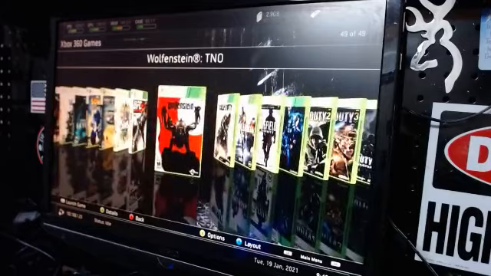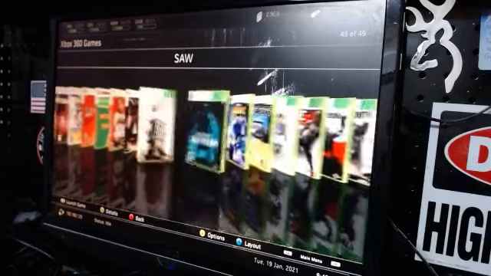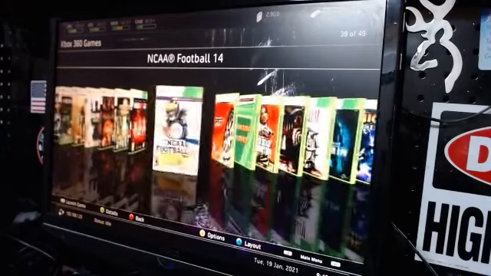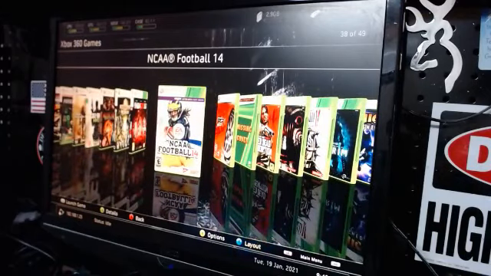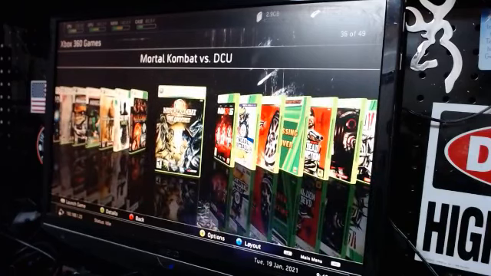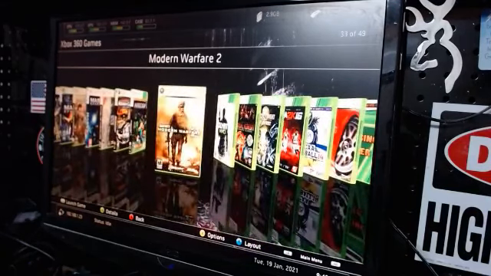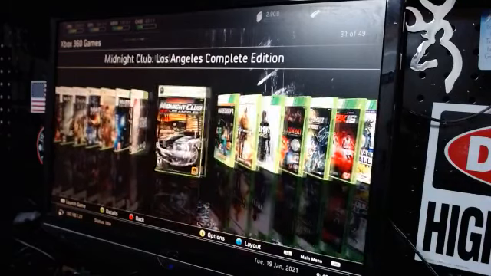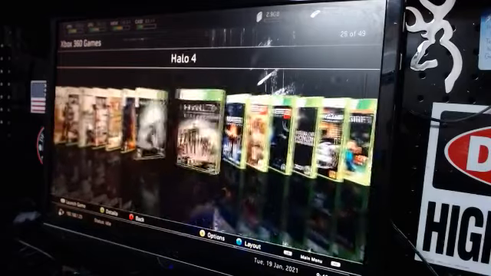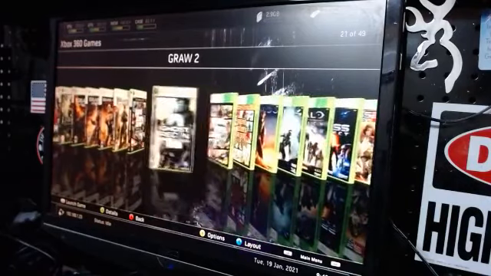We have Advanced Warfare, Wolfenstein, Sims 3, Test Drive, Sonic, Skyrim, Saw 2, Saw 3, Red Dead Redemption, PopCap Collection, PGR4, yes, your college football revamped, NCAA 14, fully modded, NBA 2K16, you got Mortal Kombat vs. DC Universe, you got the Mortal Kombat Complete Edition, you got MW3, Modern Warfare 2, Minecraft, Midnight Club, Medal of Honor, Mass Effect 3, Mass Effect 2, Mass Effect, Halo Reach, Halo 4, Halo 3, you got Grand Theft Auto San Andreas, you got Grand Theft Auto 5, you got Ghost Recon 2,